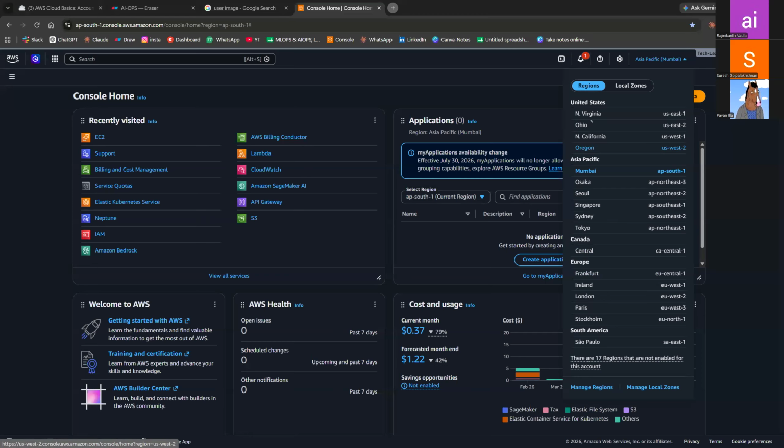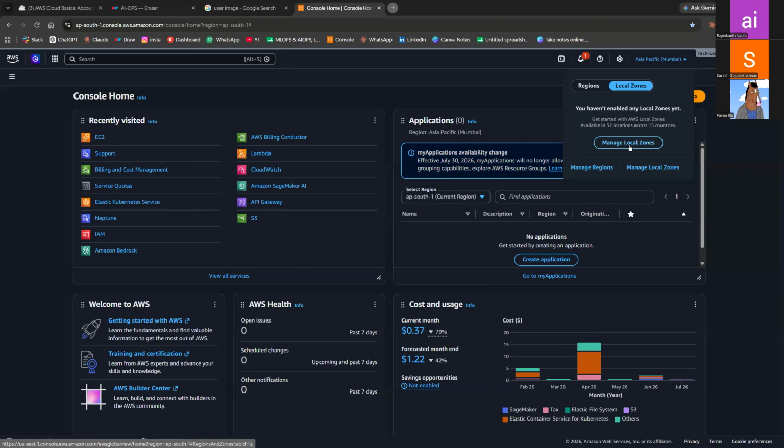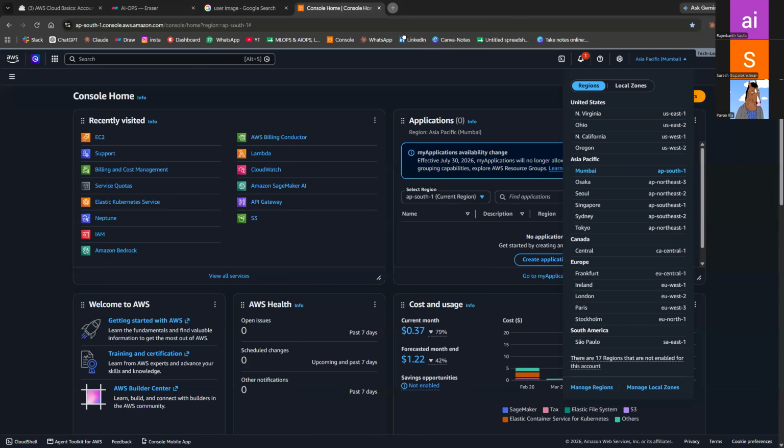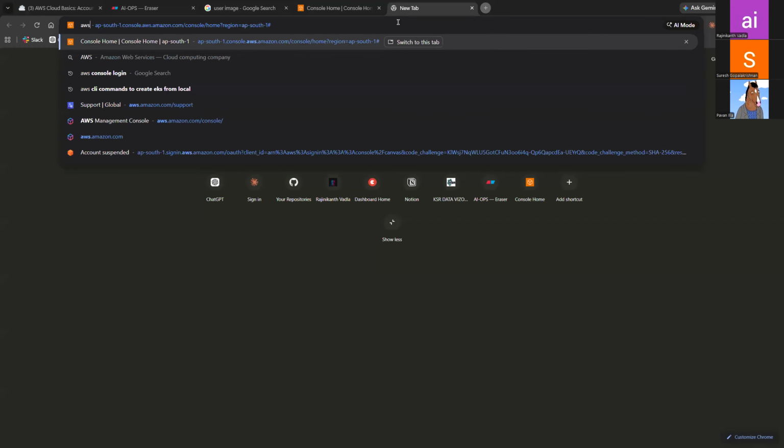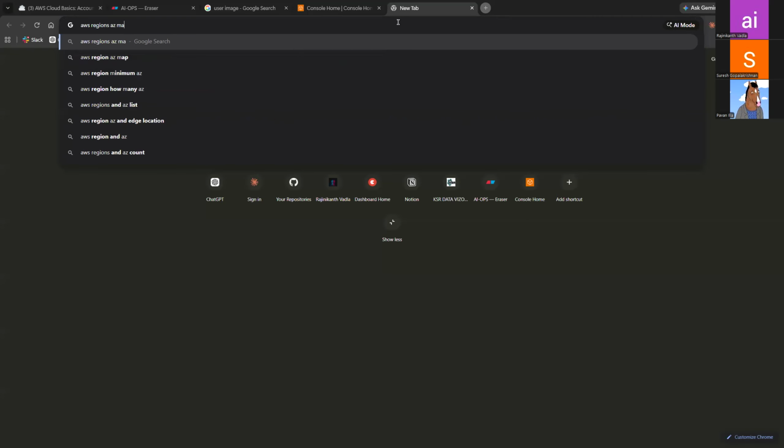Each region has a code. You can also check all the availability zones here. Manage local zones is right now enabled. Okay, fine. Let me open the AWS regions and AZs map.